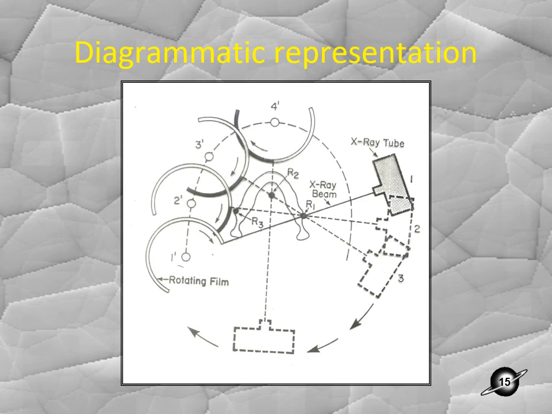Why? Because objects between R1 and the X-ray tube are not completely seen. They are completely blurred for the simple reason that both of them are moving in different directions.